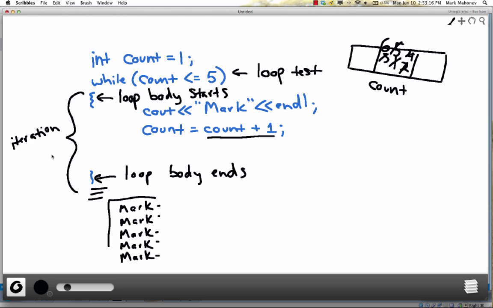Okay, so let's look at count-controlled loops. This loop is an example of a count-controlled loop. Count-controlled loops have these things called loop counters. Okay, so this variable called count is a loop counter, and they keep track of the iteration number. It's very important that you remember to increase the value of the loop counter at the end of every